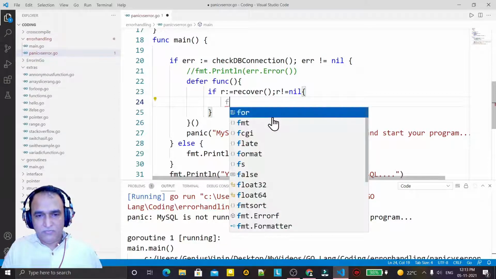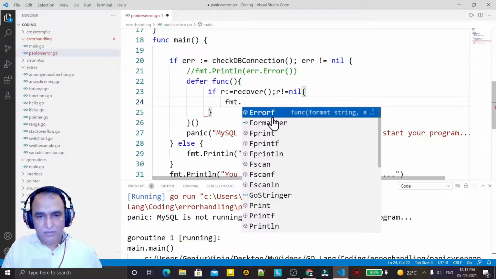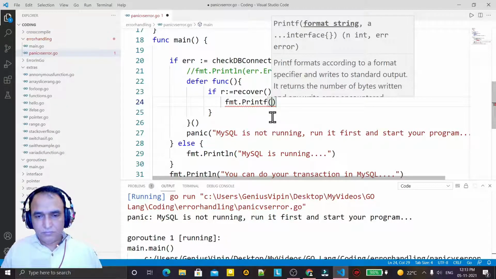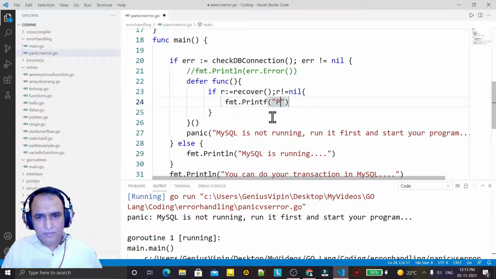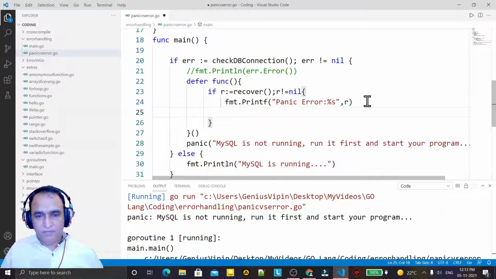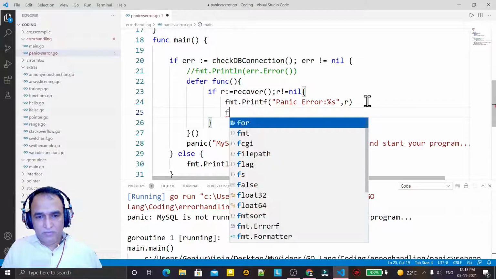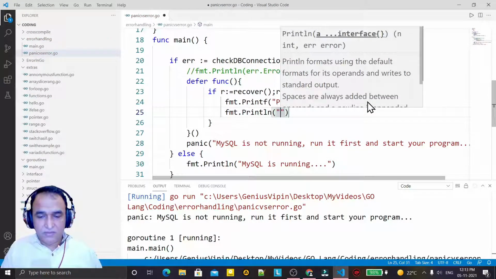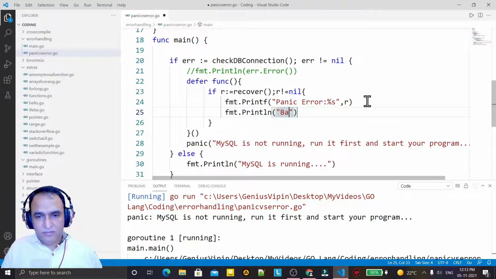If it is not nil, then remember that a panic has happened. So first of all I am printing a statement with printf: "panic error: %s", which means I want to display the error, that is r. So first of all it will display the panic error. Now it gives the information with println that the backup server is running.